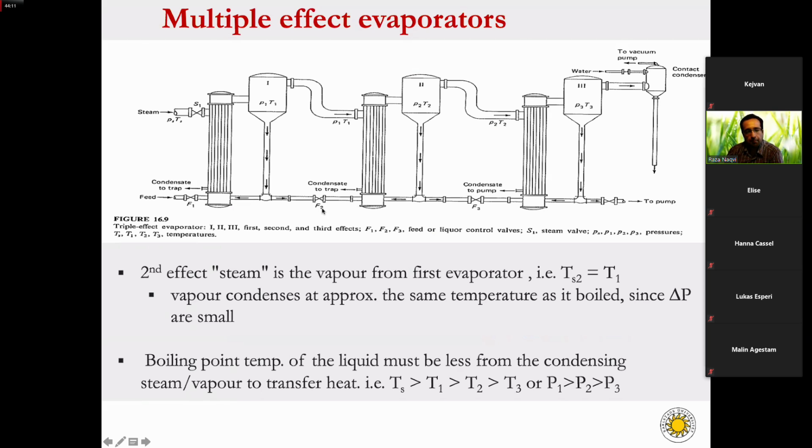So for example, the temperature of the steam must be higher than the temperature of the vapors in the first effect, and the temperature in the first effect must be higher than the temperature in the second effect, and the temperature in the second effect should be higher than the temperature in the third effect. So it means Ts should be higher than T1, T1 should be higher than T2, and it should be higher than T3. And this is quite similar for the